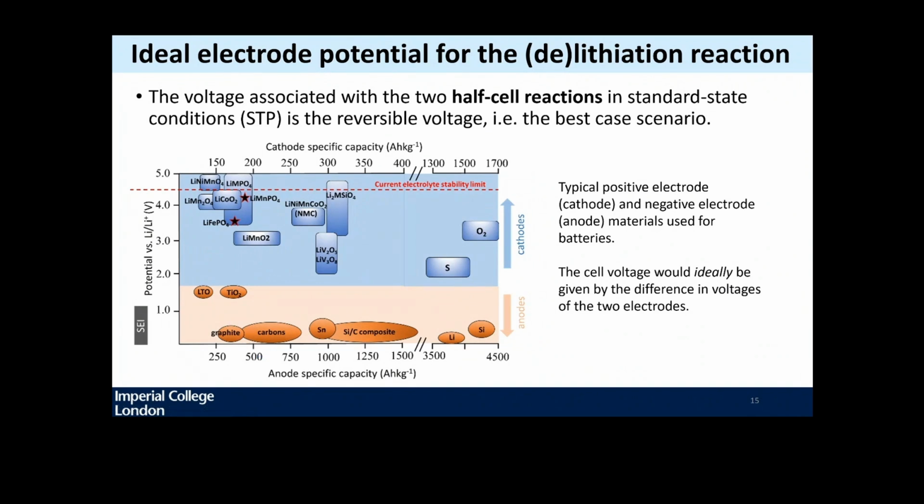And then we can start scoping for new materials, trying to enlarge this gap. And in fact, now the limit to why we can't separate them further is not that we don't have materials for the electrodes, but that we don't have an electrolyte that is stable with respect to the electrodes for such high voltages, right? So we have high voltage cathode materials, but we don't have electrolytes that